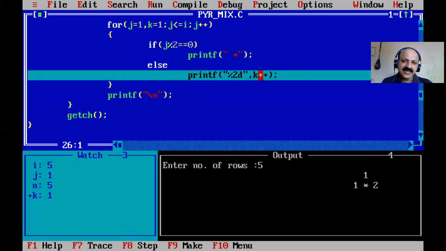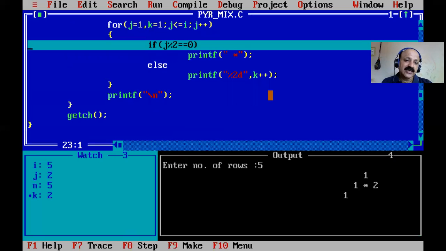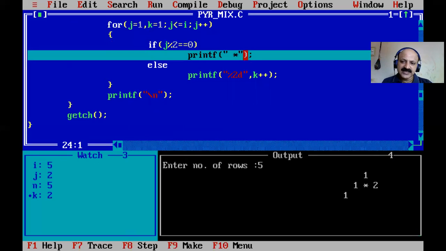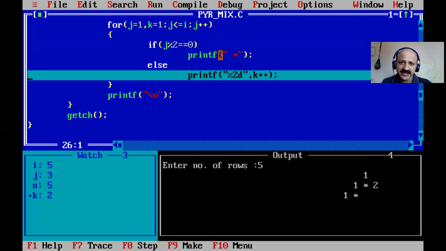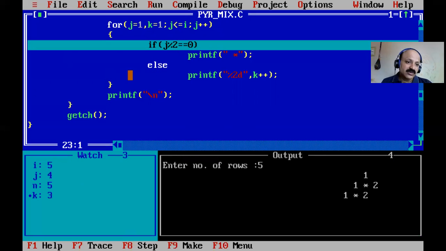So k prints 1, then j is plus plus, so 2, that modulo 0, yes, asterisk in between at the second position. Now j is 3, look in the watch window, that condition is false, again k is 2 and then 3. Now j is 4, that is an even position, so again asterisk is printed, that is our requirement.